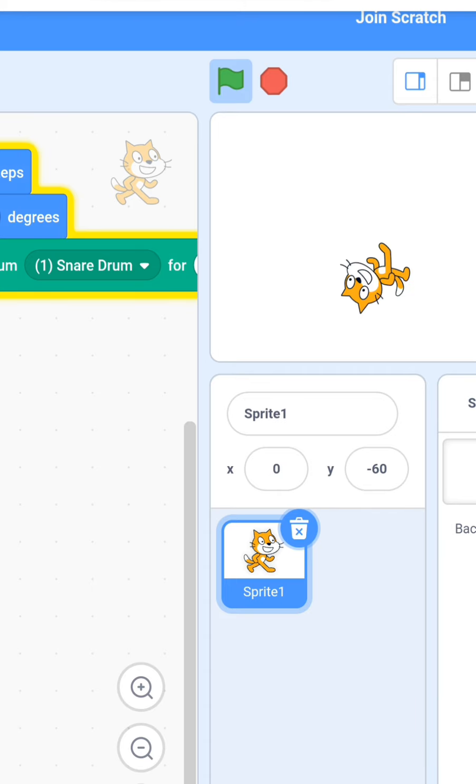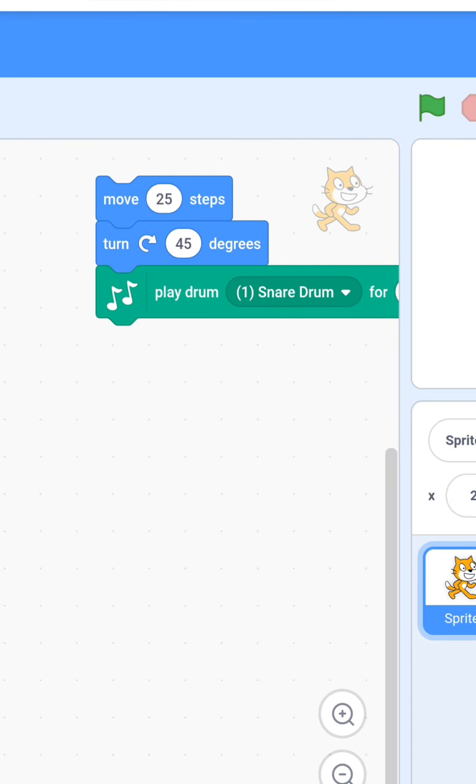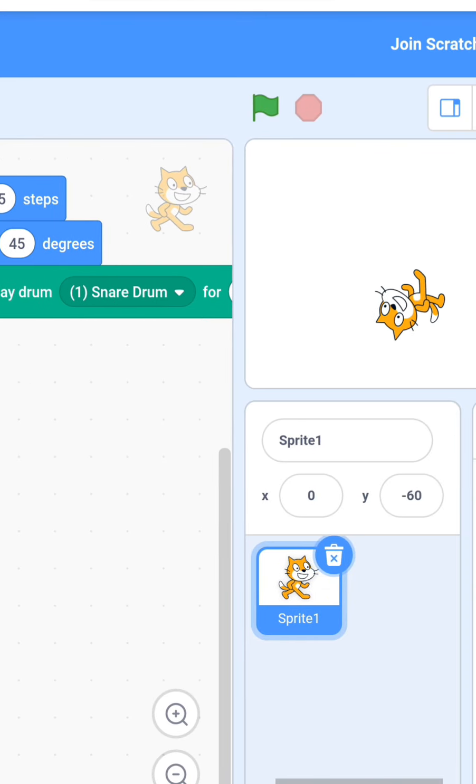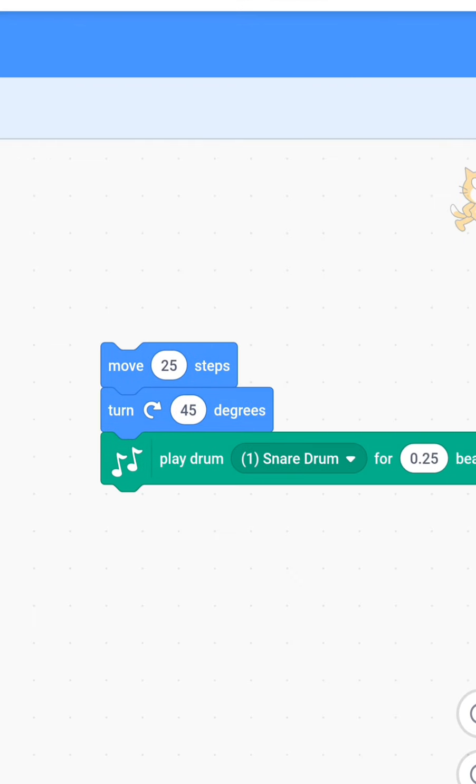Along with this, I want to teach you different ways to run this code. The first way you have already learned, that is by clicking the block. Just by clicking the block, you can run your code on the stage. Now I'll teach you the second way. For that, what you need to do,